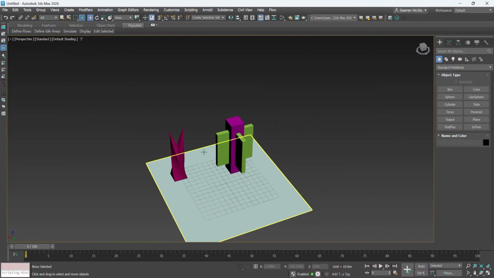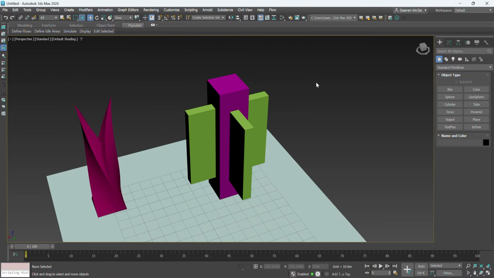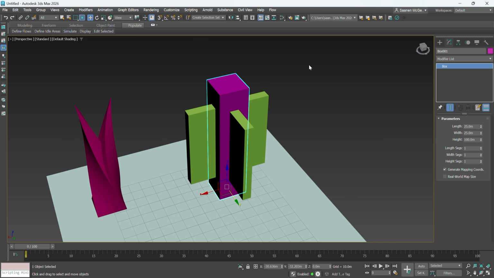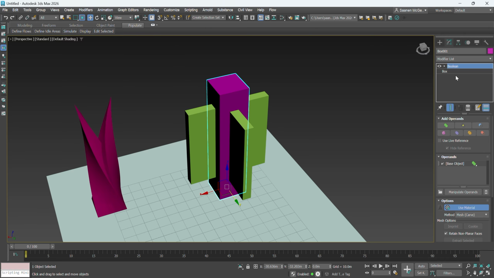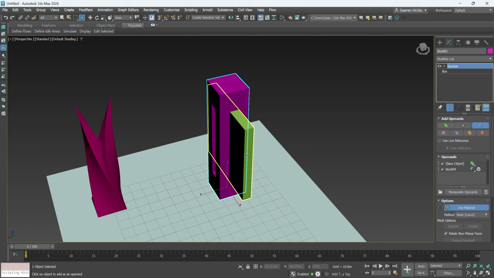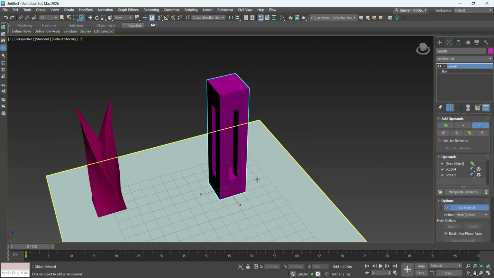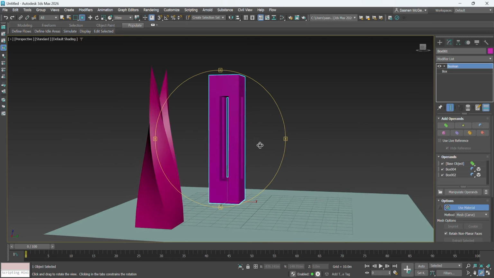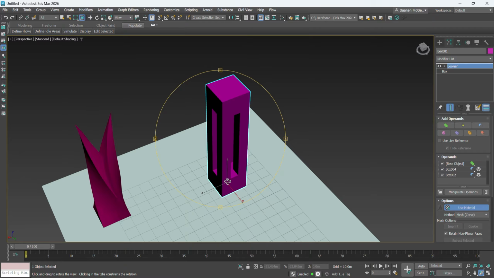Cool. So now that I have these two boxes in, I want to boolean them from this form. So I'm going to go back to my original box and go Boolean. And instead of doing the union this time, I want to use the subtract. I'm going to select the box as one subtraction and then another one. As you can see, it creates this hole in the middle of the building,